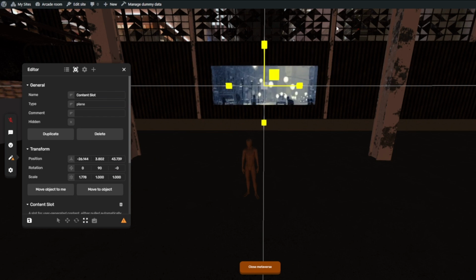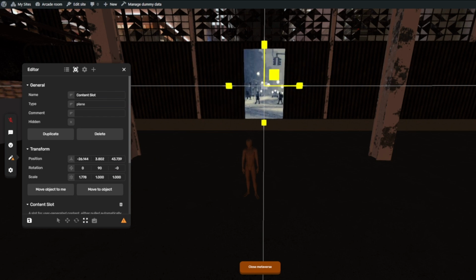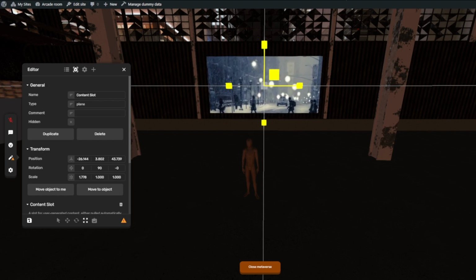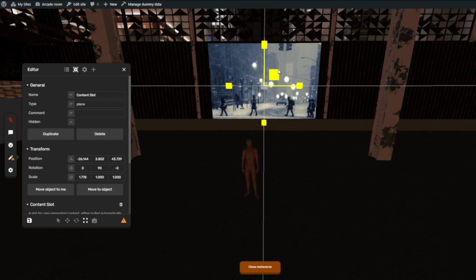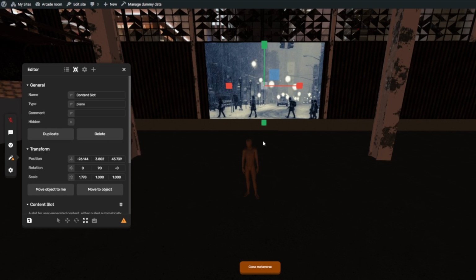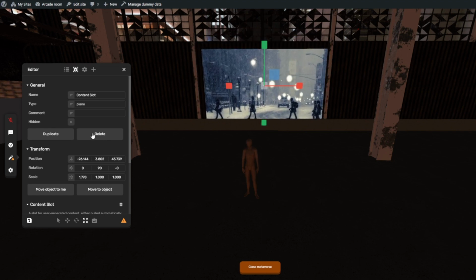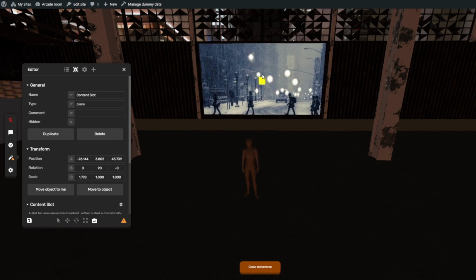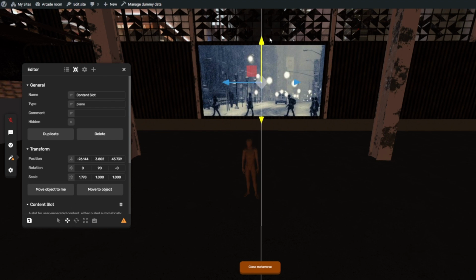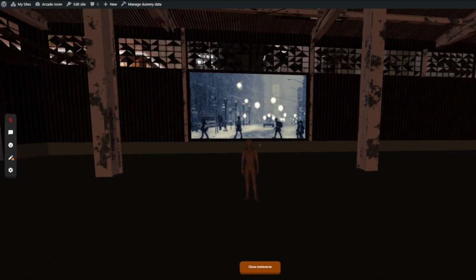to scale it up. So here I can scale it up, and as you can see, it does a nice fitting maneuver. So depending on how I'd like my content to be displayed or what content is there, it will fit appropriately. So I'm going to set it up to be roughly this size, and then I would prefer the position to be about there,